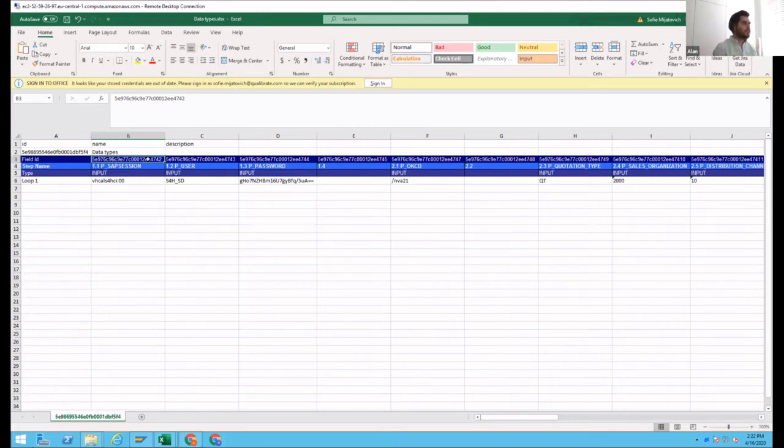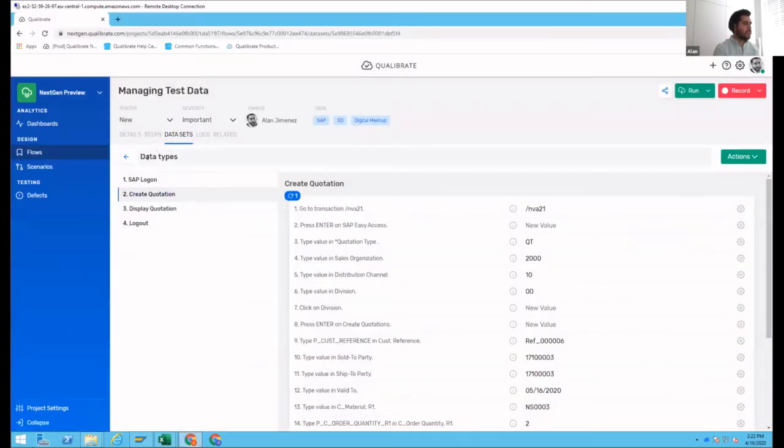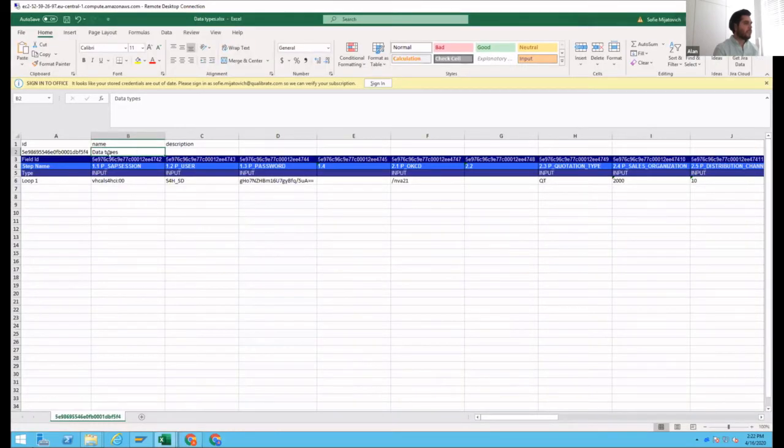We can use this information so we can map it to the right value in the import process. Here you can also see that we have the name of the data set. In this case, if I go back to the platform, you can see that this is the data types data set. So we just give an information here of the data set that we want to import back, and also the ID.